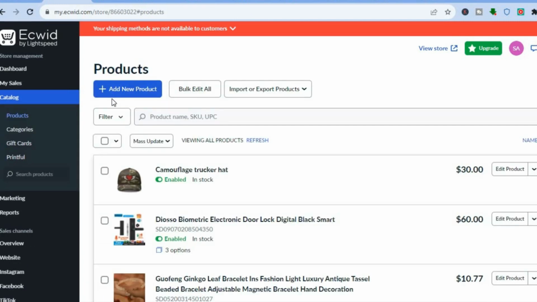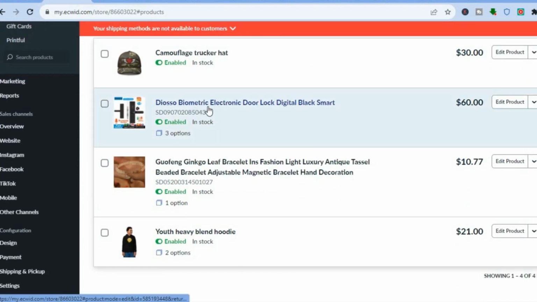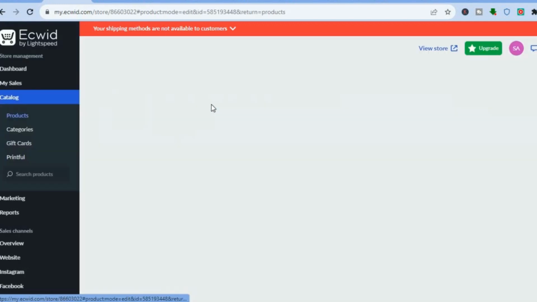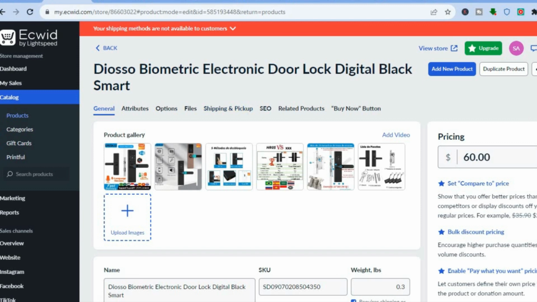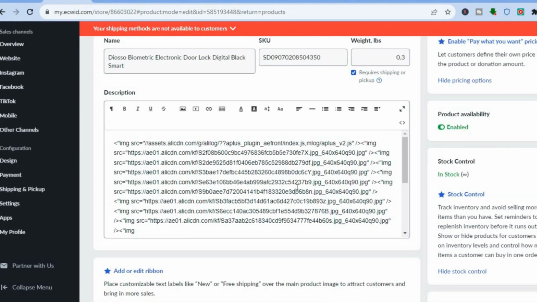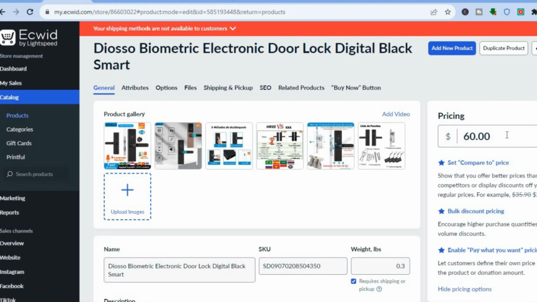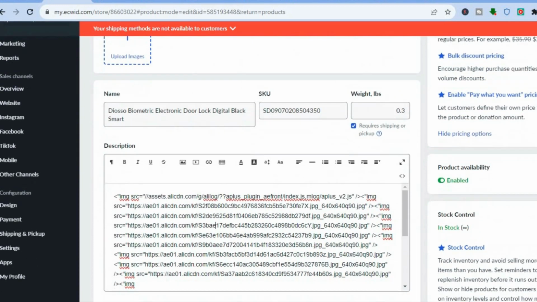After I've selected products, you should see the product that I have added. As you can see right here, here it is. So now all I'll need to do is simply tap on the product, and from there you can edit the product page to whichever way you like. Again, you can edit the description, as I would recommend that you use the preloaded description right there, and you can also change the price if you want. Another thing that you also want to do is you're going to go over to the left-hand menu option once more, and you're going to tap on Payment.